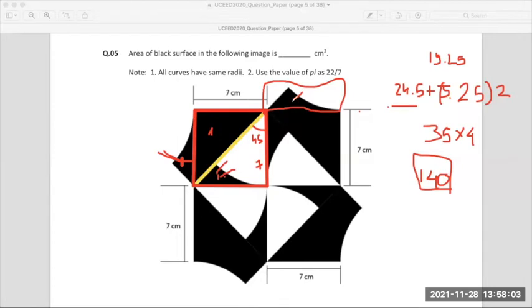Okay, in which case you subtract that from that whole square, you subtract the area of that semicircle with radius 7 centimeters, and then you have to do this same exercise to find the area of this part. Here we found the area of the sector. You have to do the same exercise to get that one part's area.